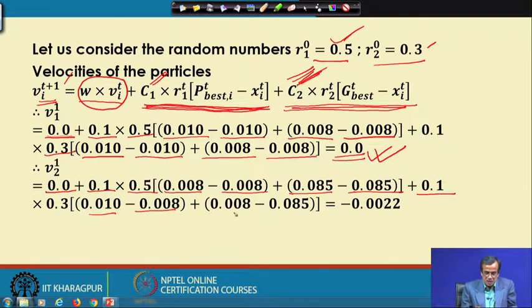Then here 0.008 is the global best solution corresponding to h, and 0.085 is the value of h corresponding to the second particle.